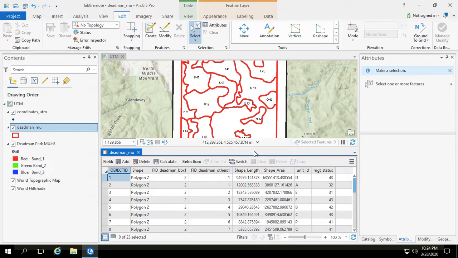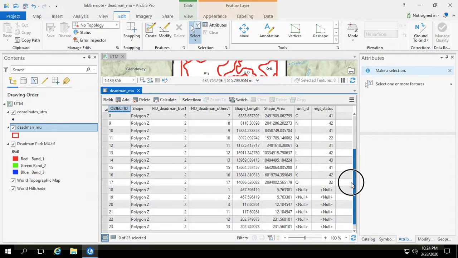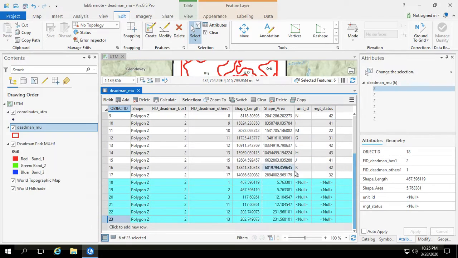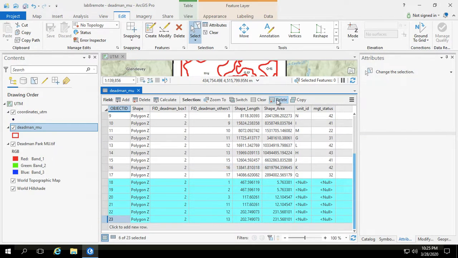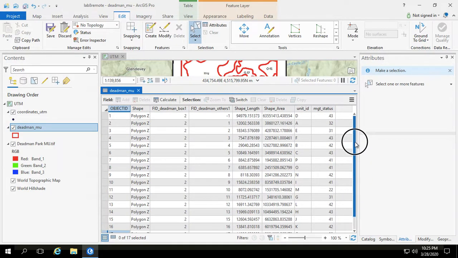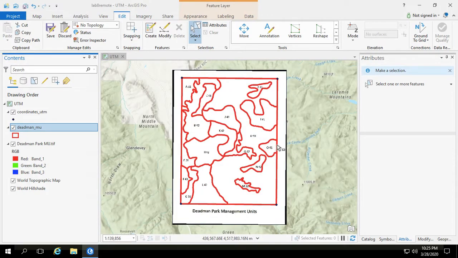So again, if you have a couple accidental polygons like I do, some of these ones that are obviously really small, they're not going to have any information. And you have a couple options here. You could leave them as is. You could, as long as they're not some of the main ones, you could probably actually just remove them from your attribute table. And that way they wouldn't show up in your legend later. But that's kind of up to you. I am going to save my project here just because we did another step, so it's good to go ahead and save it. So now we've entered in